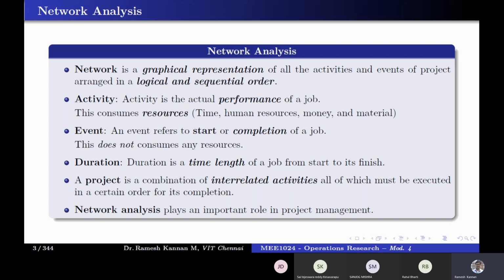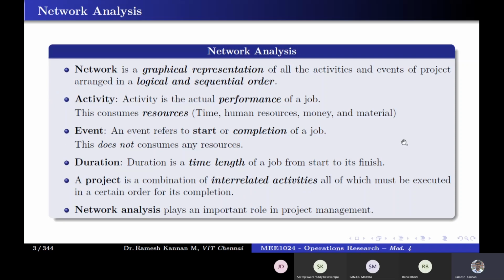So activity is basically the performance of a job, and it consumes resources. There is an activity called dummy activity, which doesn't consume any resources or time, and that we will generally incorporate to make the network logic. I'll tell you that a little later. But an event is the start or completion of a job, which means that every activity has a start event and an end event. And duration is the total length of a job. For example, if a particular work takes us 5 days, then the duration of that activity is 5 units or 5 days. Then a project is a combination of inter-related activities,